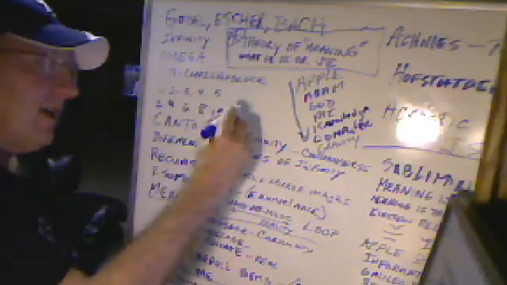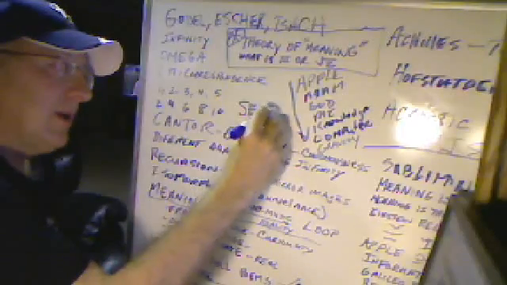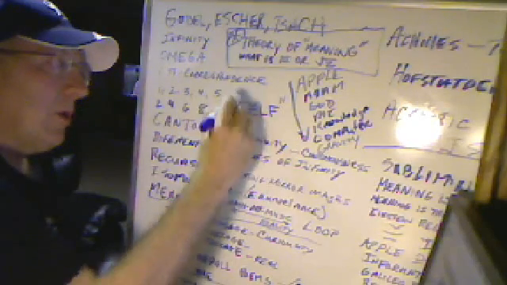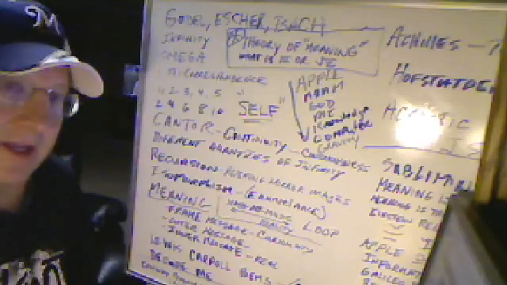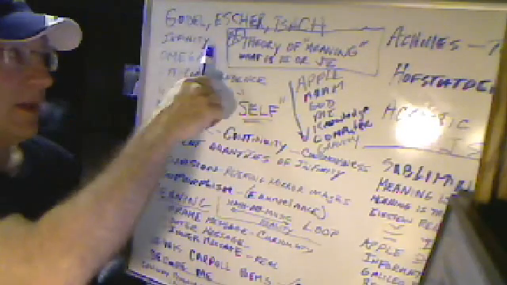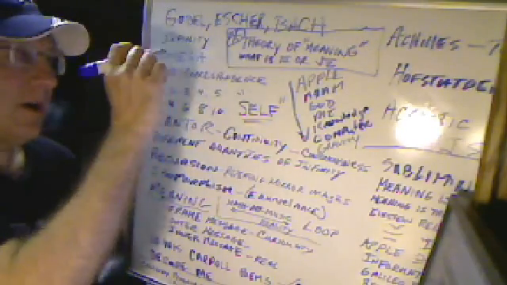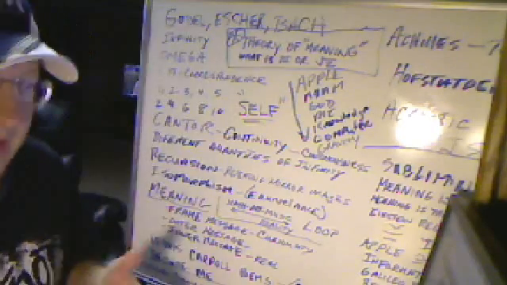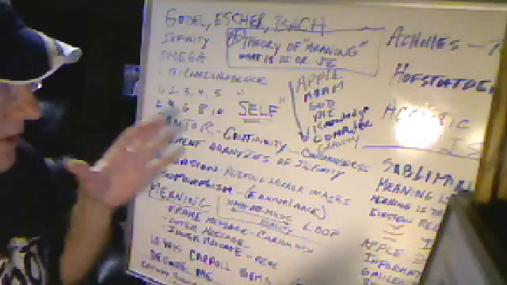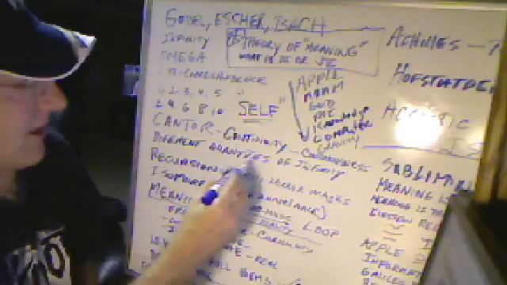When you're defining the self, again, GEB ultimately wants to define the self. Who am I? So not only do they want to define mathematics and art and music and analogies and how we understand reality and consciousness,